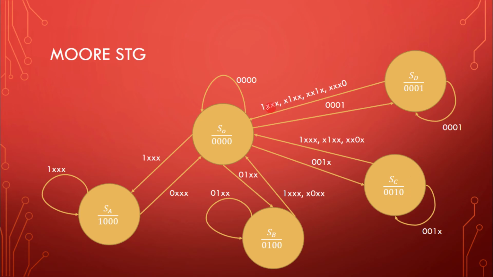If they request, for example, if device A requests this bus controller to have an access, the control will be returned from this device to the bus controller. So, if device A, B or C requests the bus controller, maintaining the priority among them, then access to the bus of this device will be returned to the bus controller, or it will also be returned if device D does not want to have an access to the bus. So this is your final Moore type state transition graph for your bus controller.